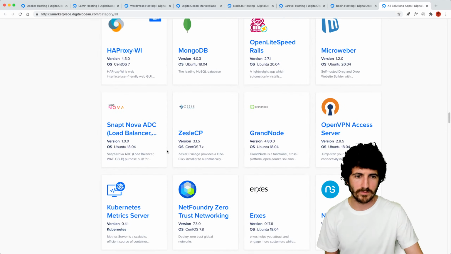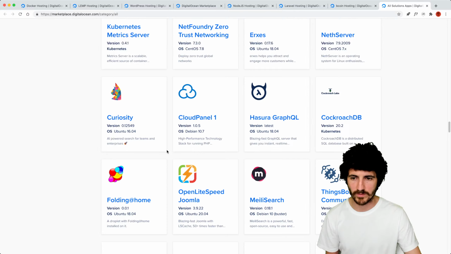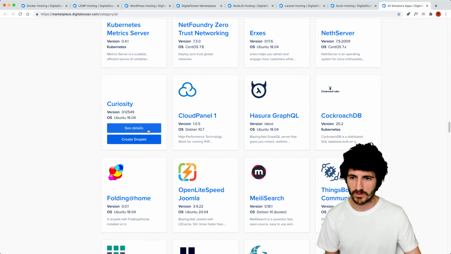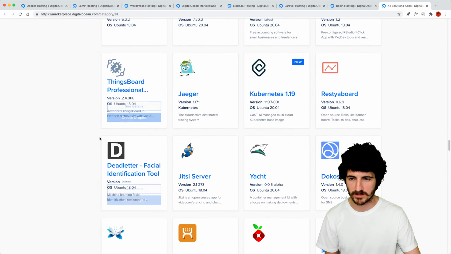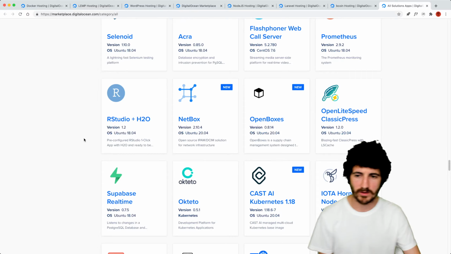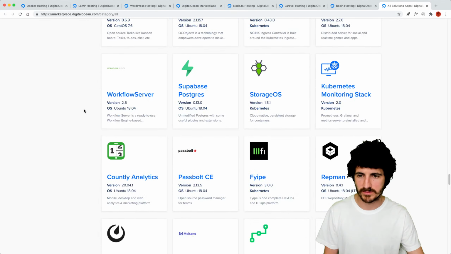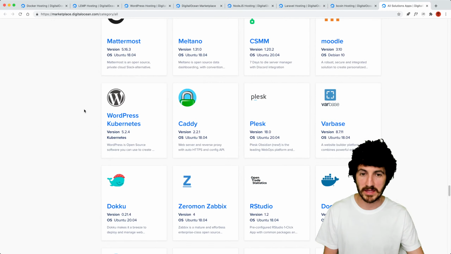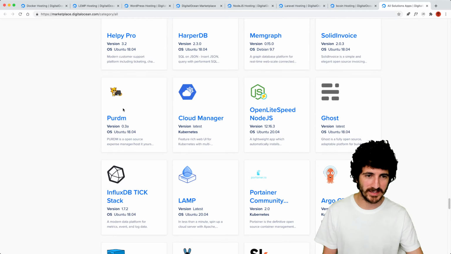Right, many things here. OpenVPN, to create your own VPN machine. Curiosity, Laravel we already saw. Right. I don't know what half of these things are. Okay, Ghost.